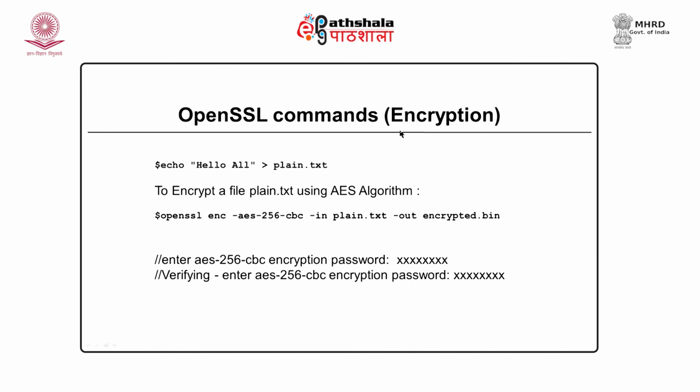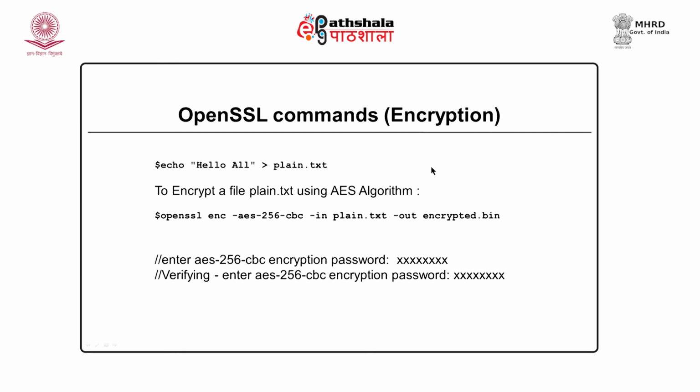Now, let us do encryption. Here you can see I am creating a file plain.txt, this is plain text, and to encrypt I will use the command openssl. The algorithm for encryption is AES with a 256-bit key in CBC mode, and enc is for encryption. The input file is plain.txt, the plain text, and the output file will be the ciphertext. So, my ciphertext will be stored in the encrypted.bin file. In the process of encryption, OpenSSL will ask for a password. You may enter a password, because for decryption you will again require it.